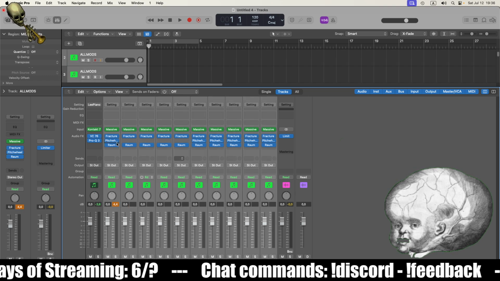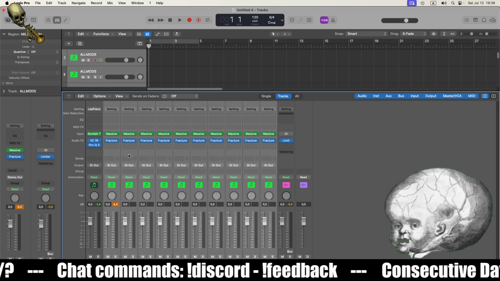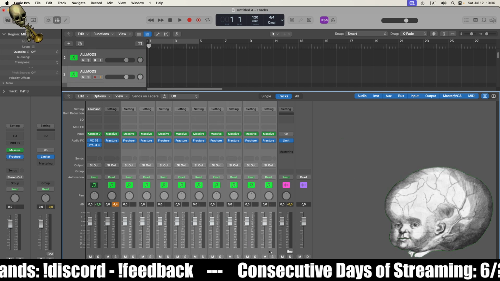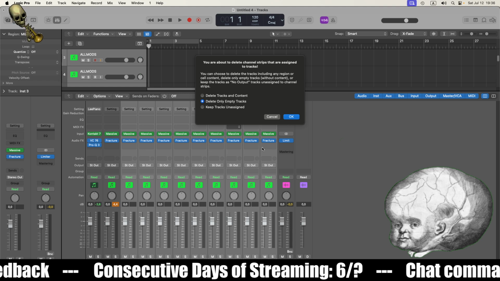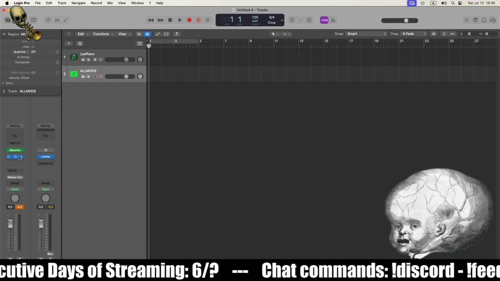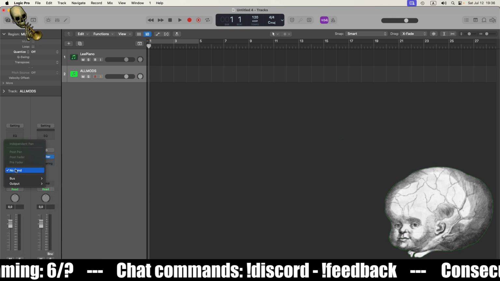No plugin. No, that's wrong. Cancel. Wrong idea. We're going to keep one instance. We're going to remove the fracture.